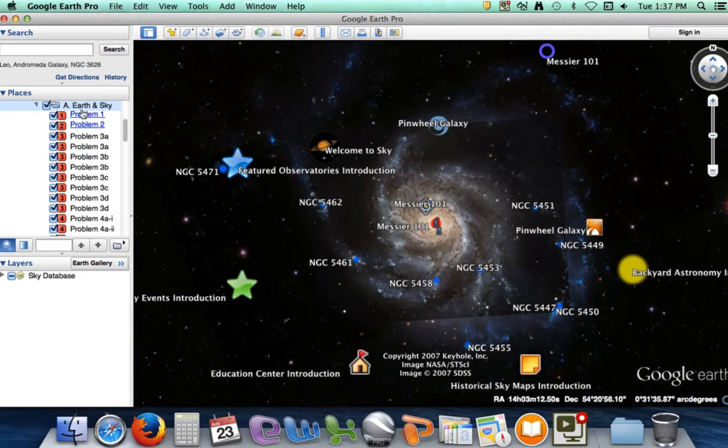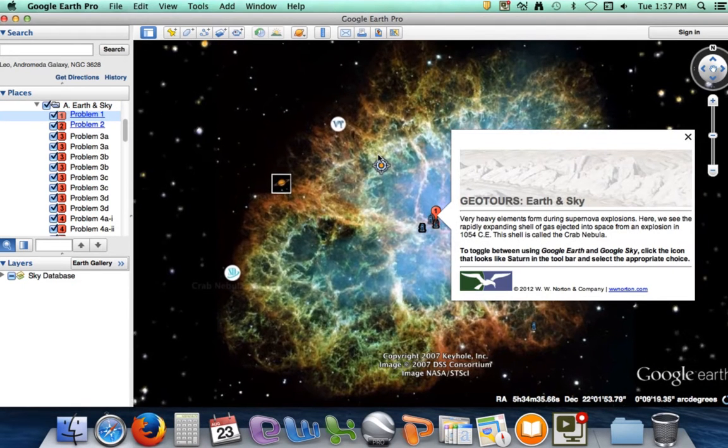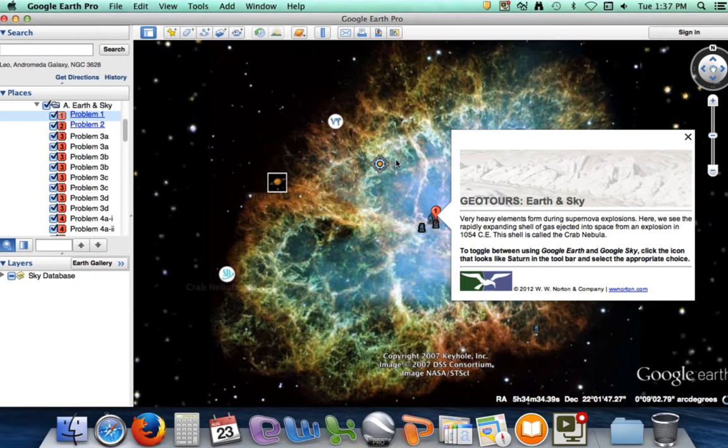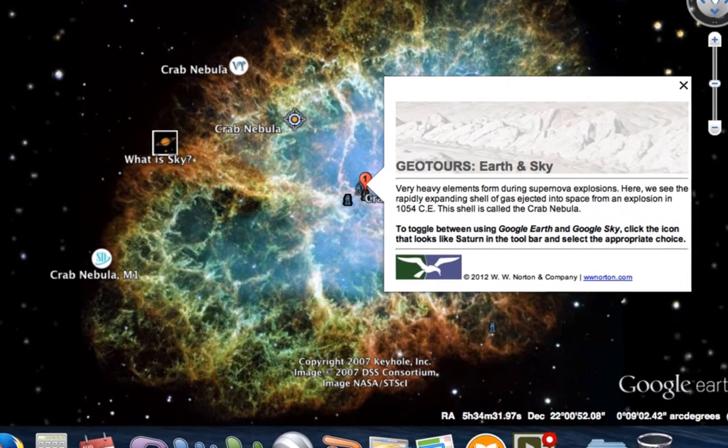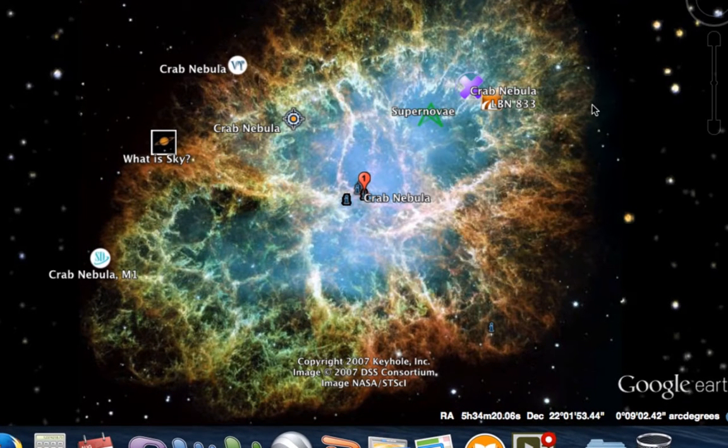Then it says double click on problem 1. So let's click on this problem 1, and it talks about this. The Crab Nebula is a supernova event, a cataclysmic implosion of a star that happened in 1054 Common Era. With this Crab Nebula, we're going to try to answer some questions. So if we go back to our quiz in Canvas,